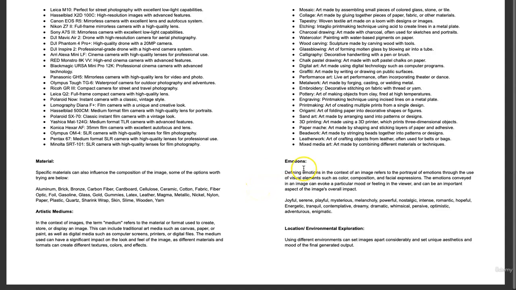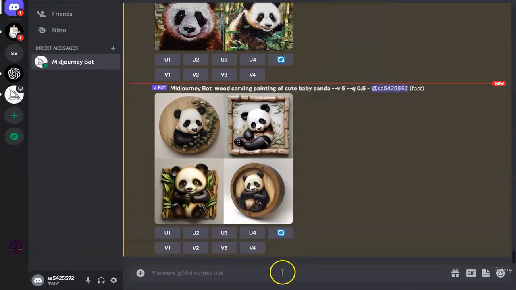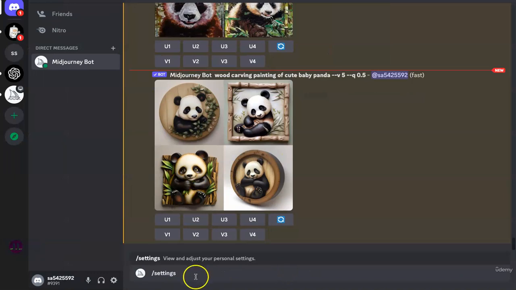The next thing I want to cover is emotions. Now, we tried this a bit, but I want to focus on it again with the owl, where we created a cute owl and then a cute angry owl, and the image completely changed. So in this way, we can optimize our image a lot based on the different emotions that we want to portray in the image. So let's say I go with the same